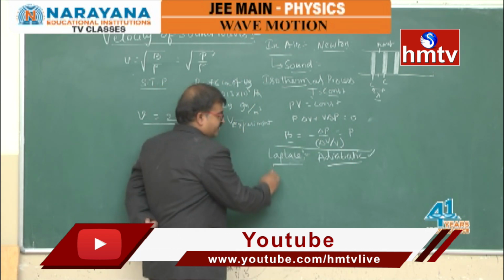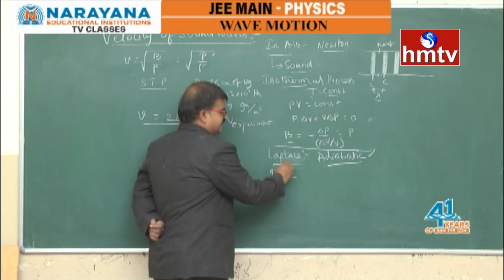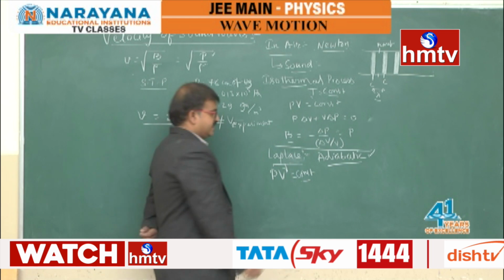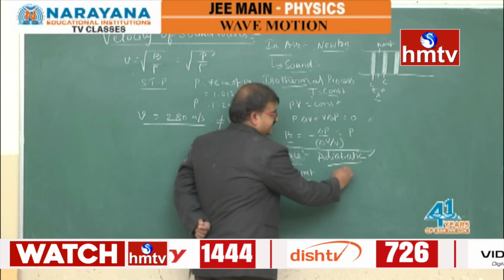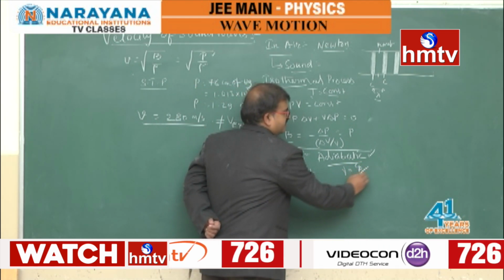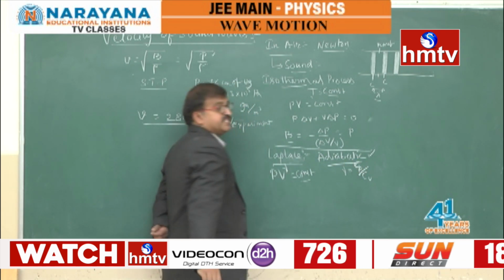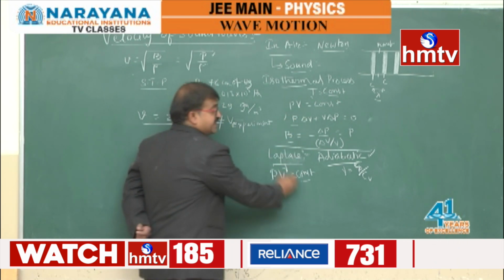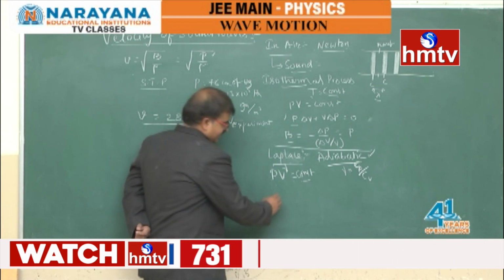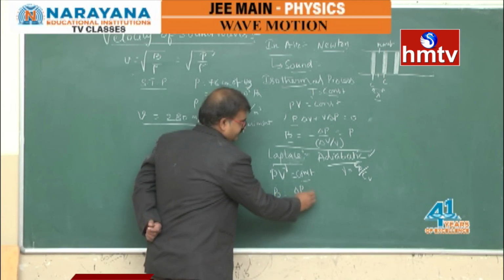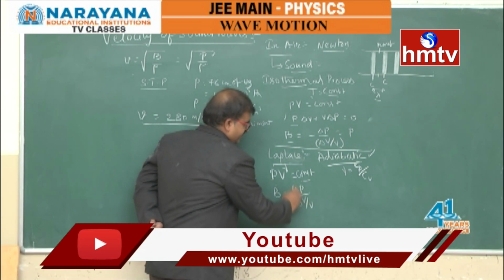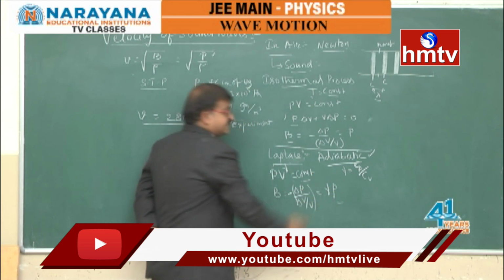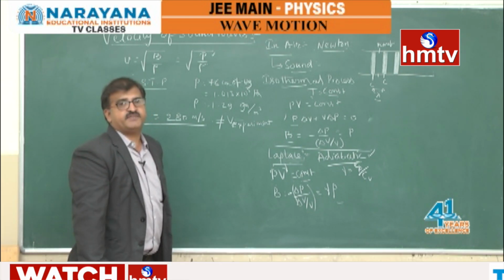So according to the adiabatic process condition, you can say PV^gamma equals constant, provided gamma is the specific heat ratio, that is Cp upon Cv. By using this and differentiating it, if you calculate the B value, that is minus delta P by delta V by V, it will be equal to gamma times P.